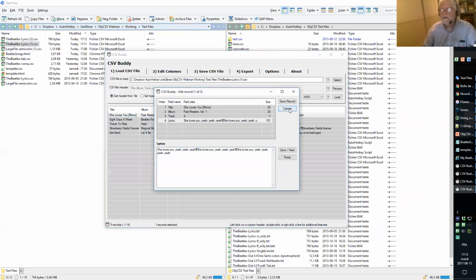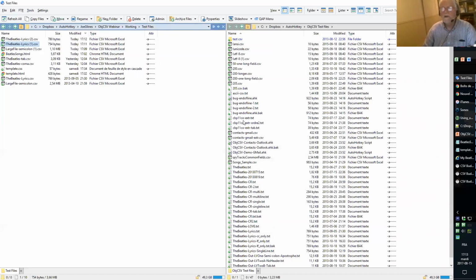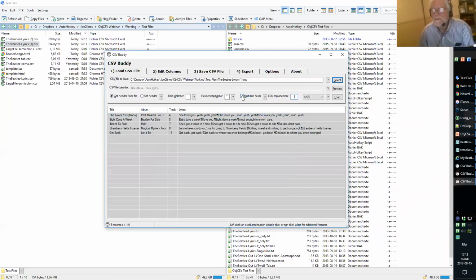to copy this character. I think I opened my tool twice. Is it? Yes, more than twice. My tool can open multiple files, which is good and bad. Okay, so multi-line feed and the character replacement here. I say when you see this character, put a line feed. Okay, and now I will save it back.